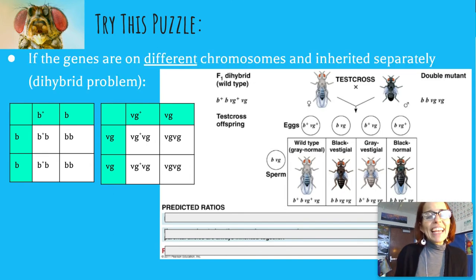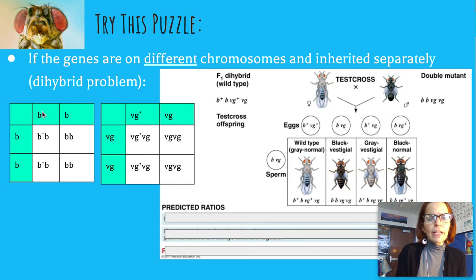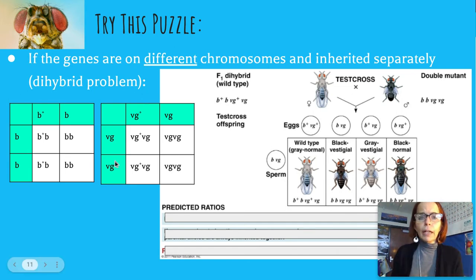Okay, so these are his ideas. If the genes are on different chromosomes and inherited separately, this is like a typical dihybrid problem that we would do in class. You multiply the probabilities. So I've made the two Punnett squares for you. Notice that the female here is B+ and b, so I've got her right here, and then the male is little b, so there I've got him, and then the VG+ and vg, so it's two monohybrids